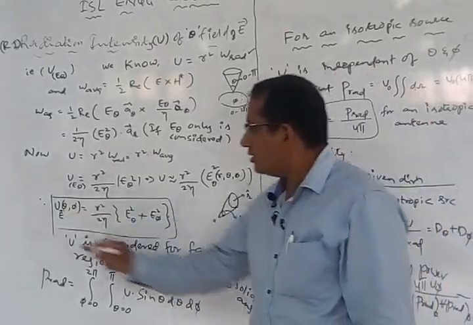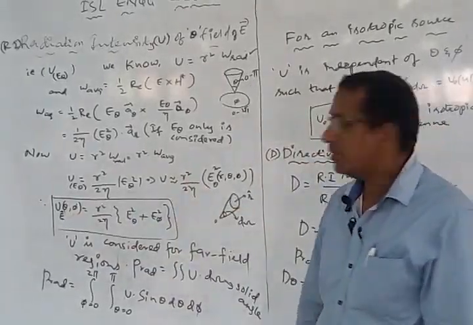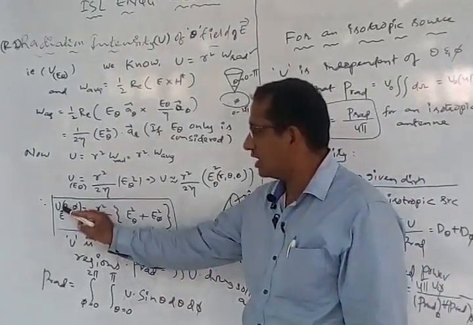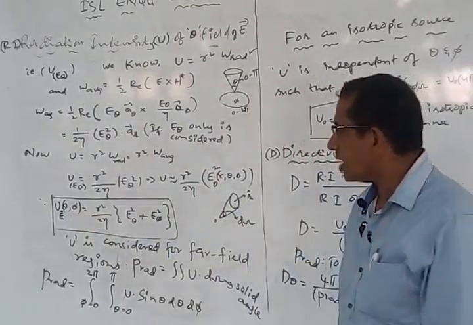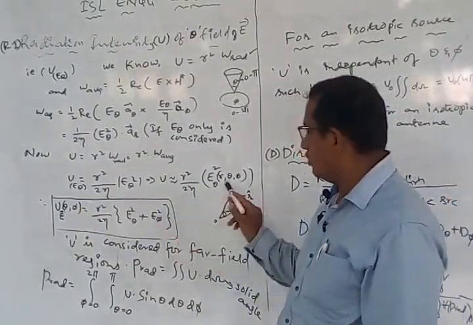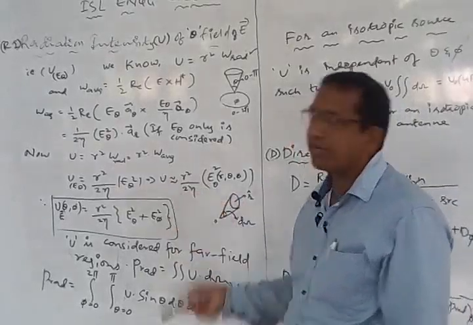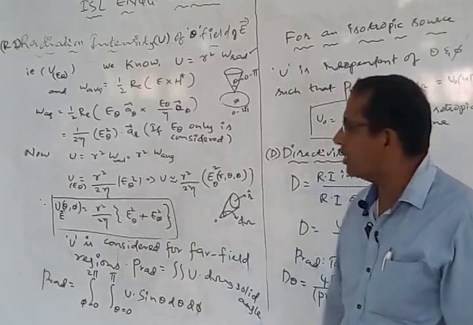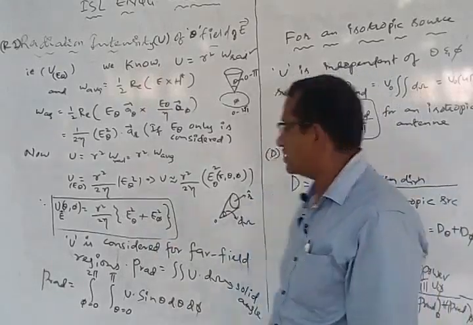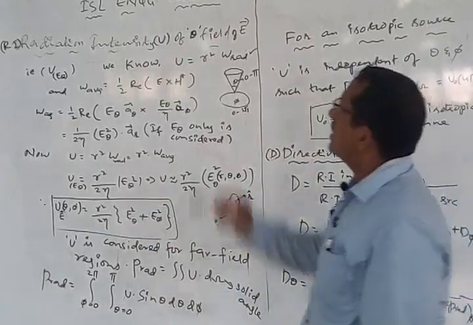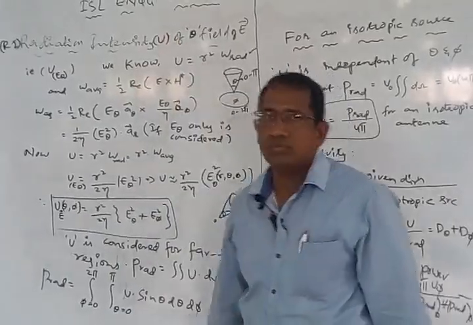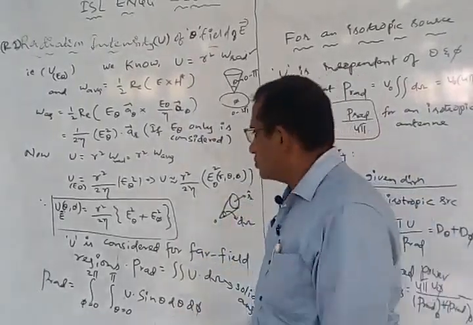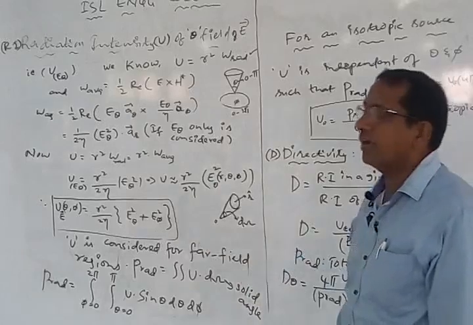Now what is the total radiation intensity of an electric field? The electric field is going to exist along the theta direction as well as the phi direction. So if we consider phi also, I simply write the same equation in terms of phi. Therefore I simply add one more component here, the E phi component. It will be the same form for radiation intensity, right? Now here we consider this radiation intensity U for far field regions only. We don't consider this for the near field regions.